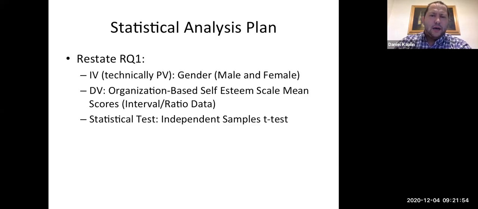So then you are going to report your statistical analysis plan. You're going to restate your research question, what it was. You're going to tell the reader what your independent variables were, your dependent variables were, the statistical test you used. And after you do this PowerPoint slide, you need at least one more PowerPoint slide on research question 1 to actually report